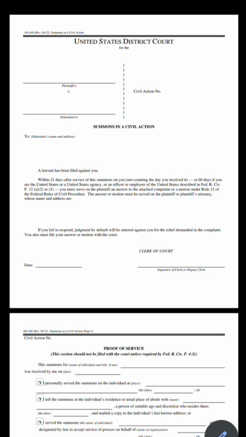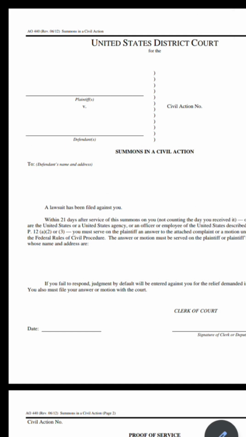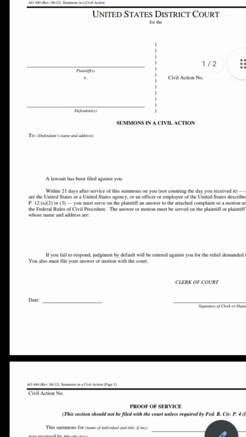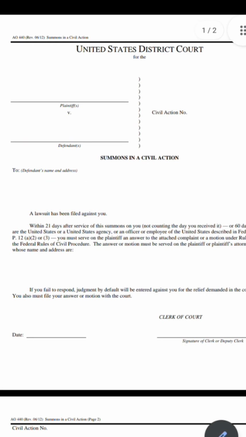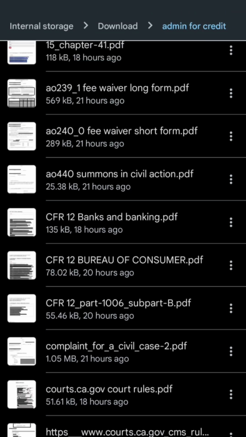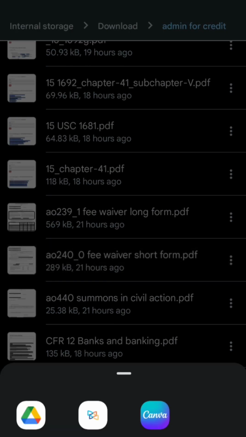So then after that, you want to go ahead and you're going to need a summons, okay? So your summons is just you're going to fill out the plaintiff, the defendant, and this information. And it's not a lot of information. And boom, like I said, you guys can run through that, do what you have to do. Now, once you have that,